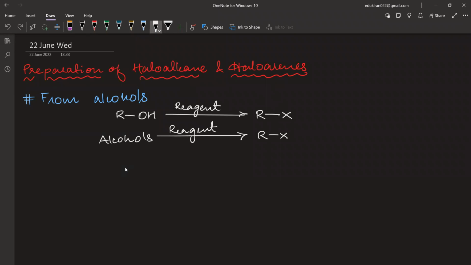Now the first method of preparation from alcohols, please write this with me. The first method of preparation of alkyl halides from alcohols that we will be learning will be using phosphorus-based reagent. What type of reagent? Can you please repeat with me? What type of reagent? Using